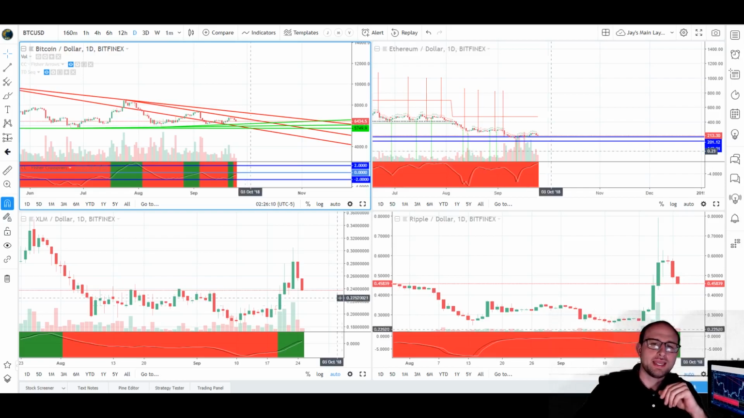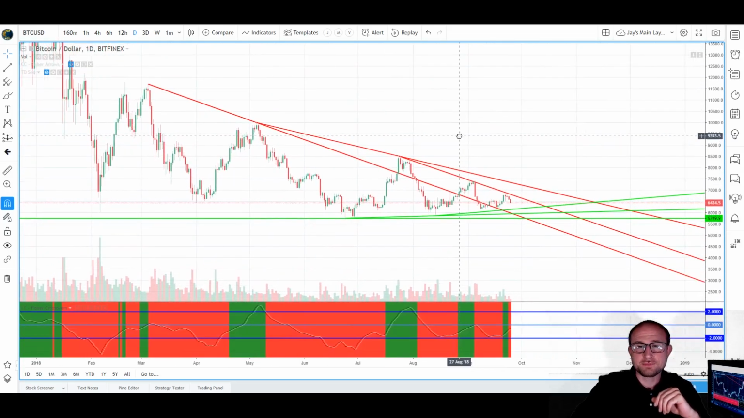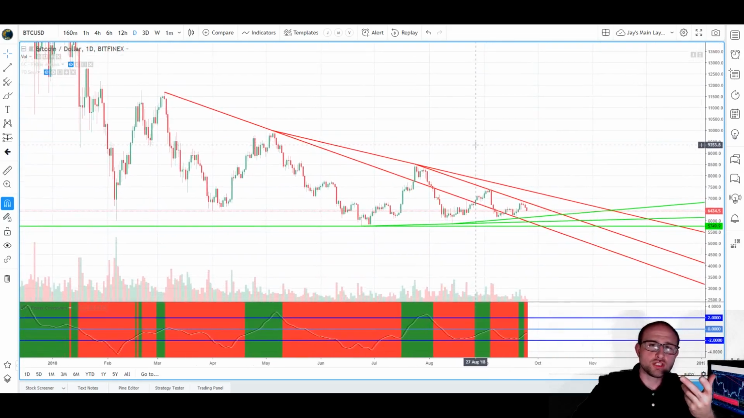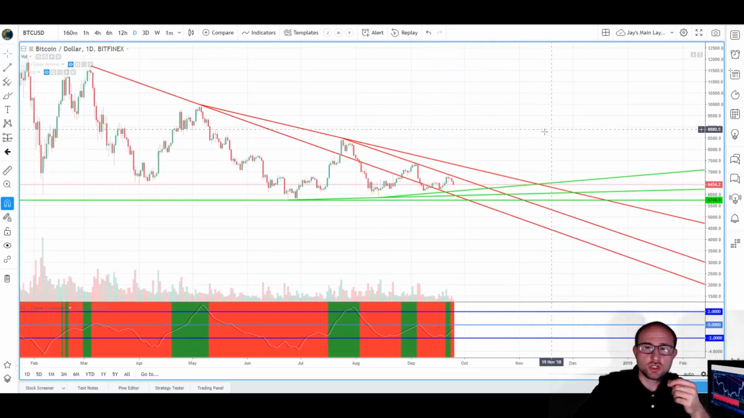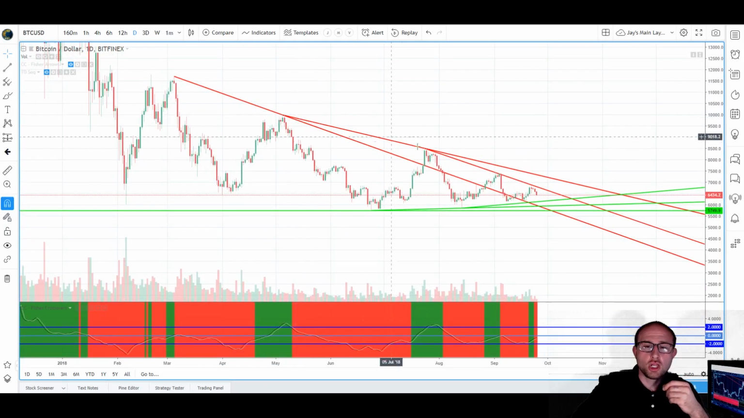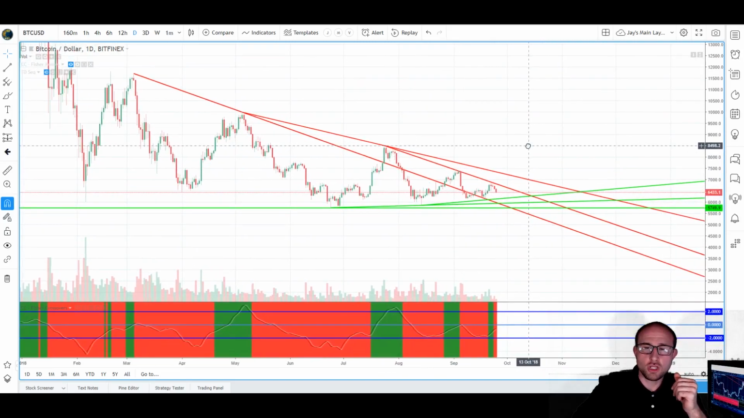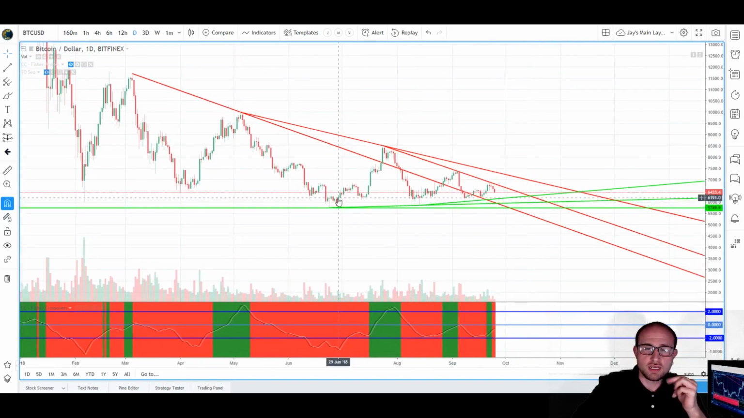So let's go ahead and start with the big daddy of them all, Bitcoin. Now, if you guys have been watching the videos, you know where I'm at with Bitcoin. Obviously, I have drawn the descending trend lines and the ascending trend lines to show that we are still seeing the lower highs and for a while lower lows, but now recently a flip to the higher lows. So now we're experiencing lower highs, higher lows since the end of June, and that's been a very nice